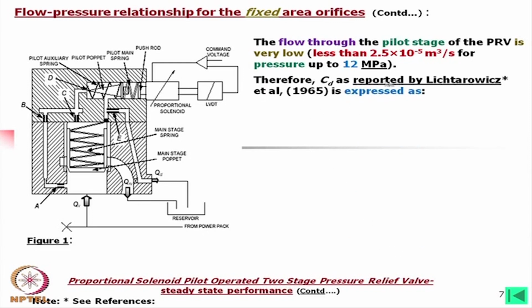Therefore, CD as reported by Lichtarowicz is expressed as 1 by CD square equals 64 into L by D divided by RE plus a factor K. Now, here I would like to say that we have already studied how to find out the CD, and